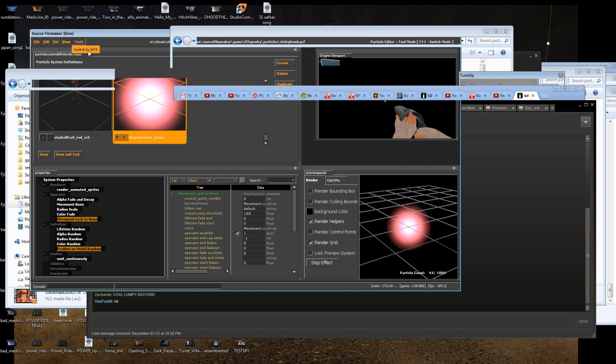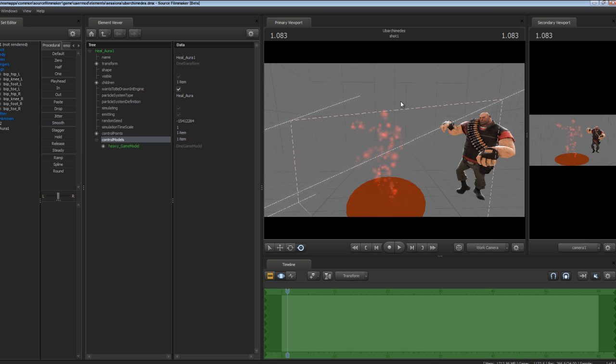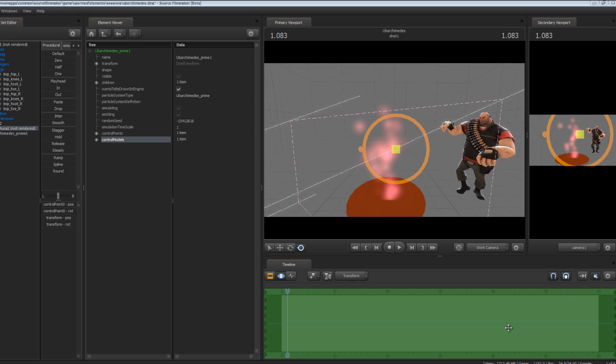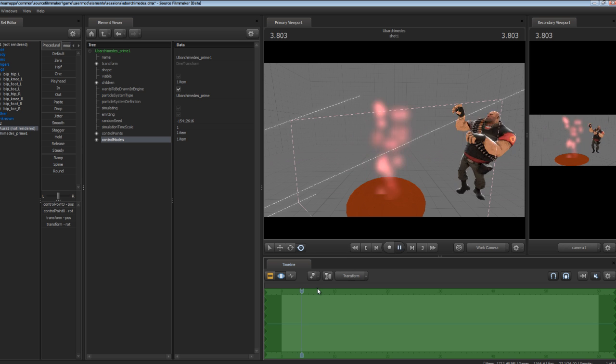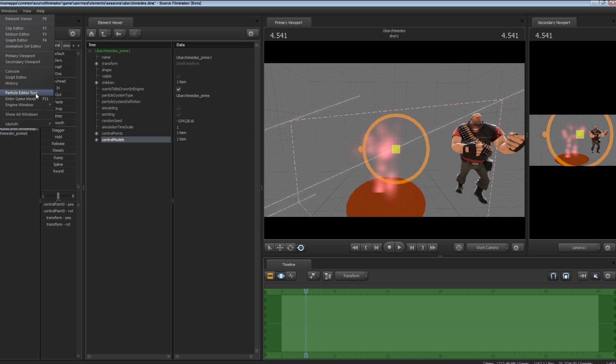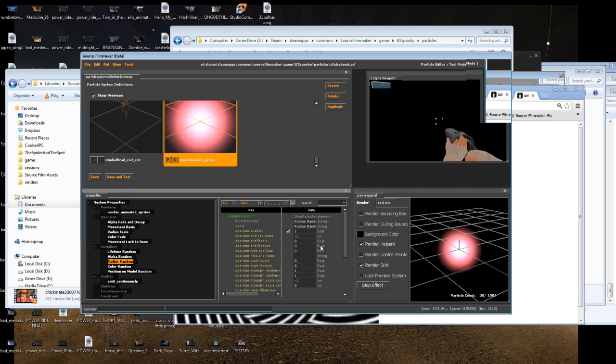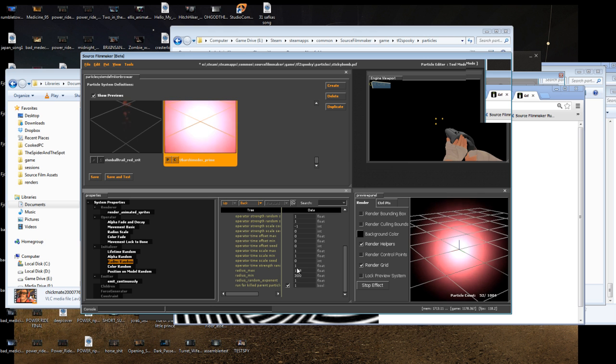So I'm going to go back to Source Filmmaker, and I'm going to apply this effect to our heavy. So I'm just going to pause while I do that. And you can see I've gone through and placed that particle on our character. What I've set up there is this nice heavy following particle. It's a little thin right now, but I can very quickly fix that by jumping into the particle editor and changing the radius to be larger. I'm going to go with 300, I guess. And then with a minimum of 300 and a maximum of 350. So now if I switch back,